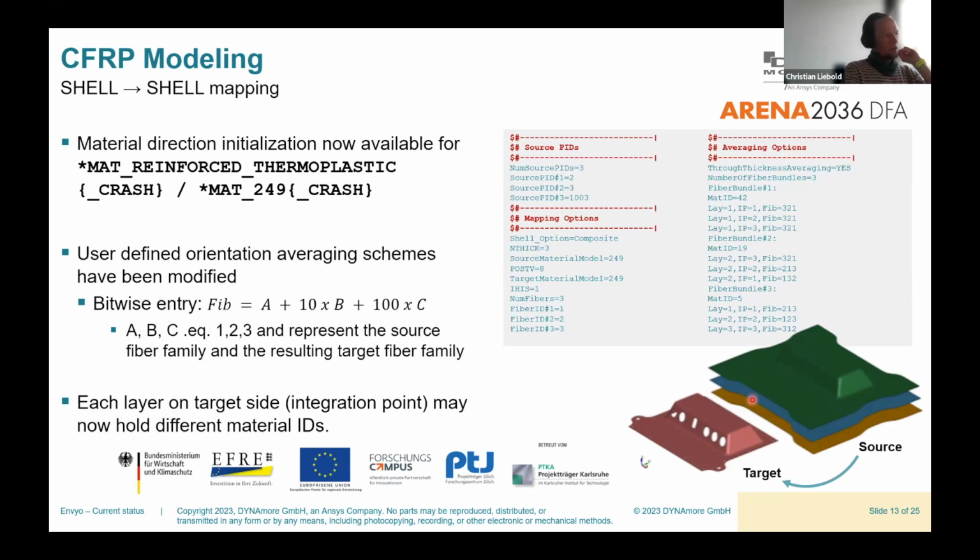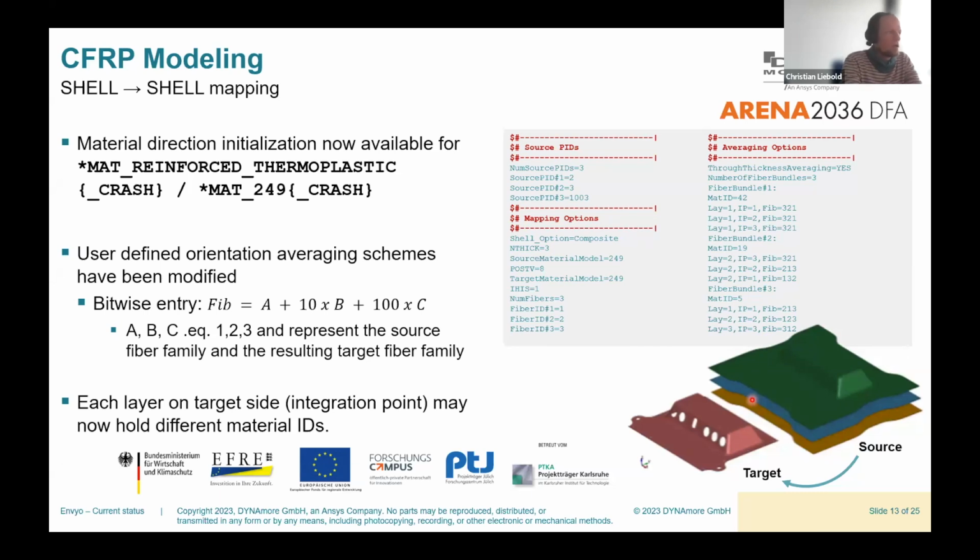He added a crash option to MAT 249, so it's now MAT 249 crash, and we've enhanced the mapping process so that we can also initialize directions for the history variables for this new crash model, which would allow the user to stay within one material family when performing the simulation chain from component design through a draping process, and then a final structural